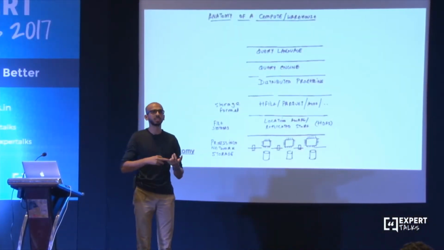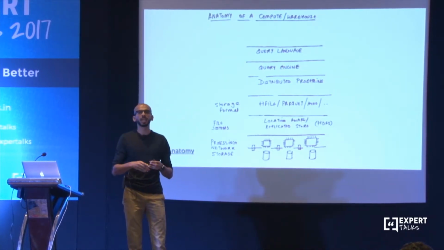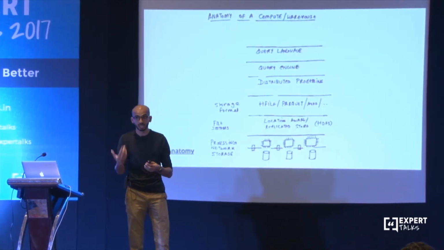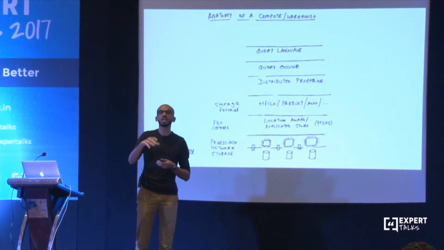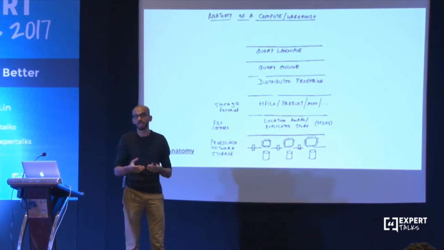Over and above that, the highest layer is the query language. This is the manner in which you interact with your system. One of the famous ones is SQL, that's a query language. GraphQL is another query language. These query languages are basically declarative languages. Most of the time declarative, they will not always be declarative, it depends on the language.